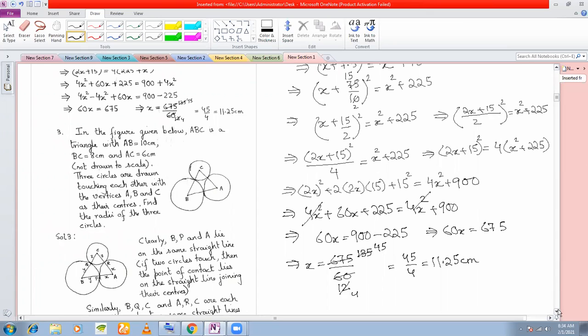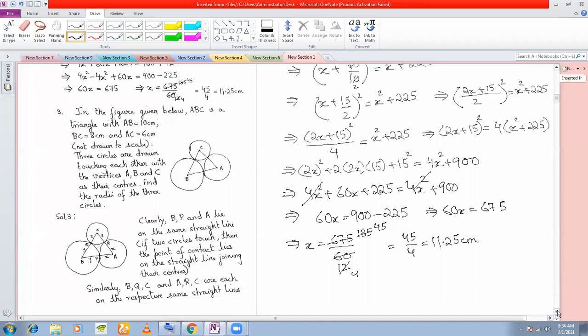And I will stop here for today. The next problem is a very interesting problem. I'll just discuss the question here. There's only one theorem that you will have to apply in this. The next part, if you see in the solution, this is just solution of 3 equations.